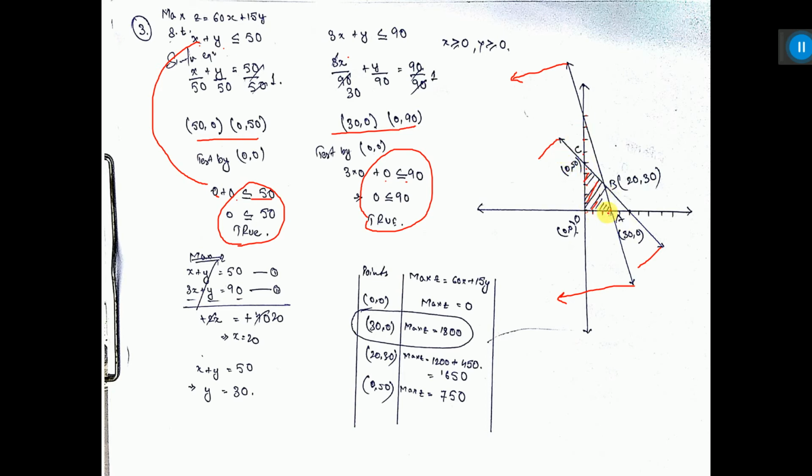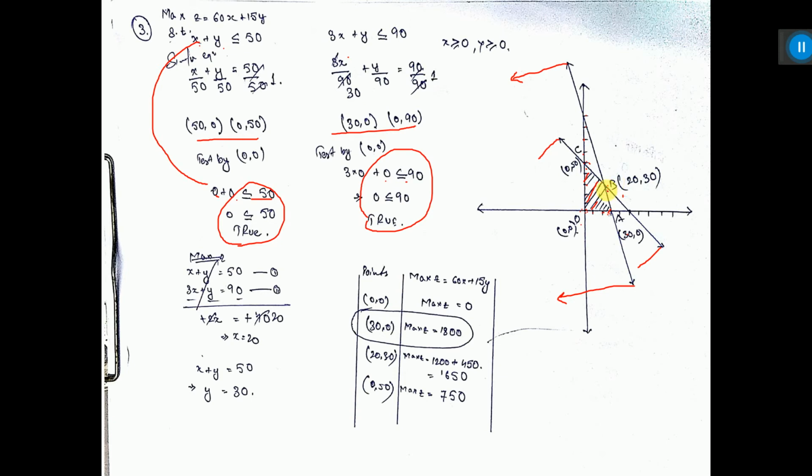So what is the feasible region? O, A, B, C, O is the feasible region. And one thing I told you, our solution will lie only in the corners of the feasible region. So O, A, B, C, O: these four are the feasible region corners. Now this point is 0, 0. This point is 30, comma 0. This point is 0, comma 50. Already we have got these. This B point we do not know. That is why we have to find this B point.